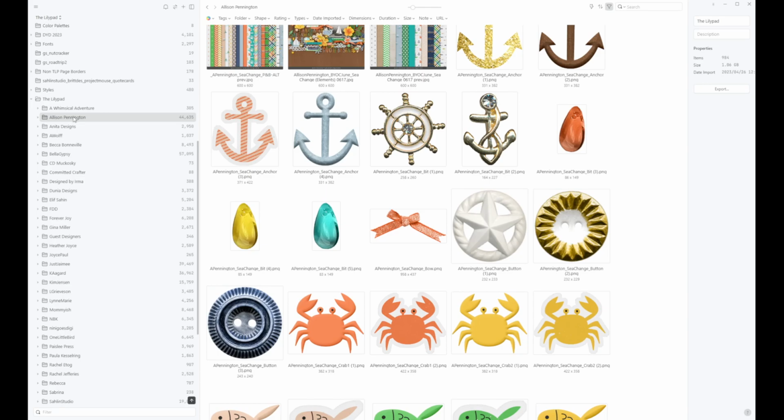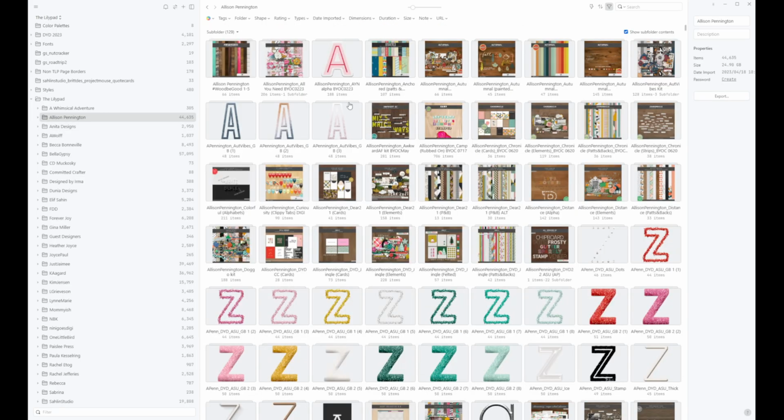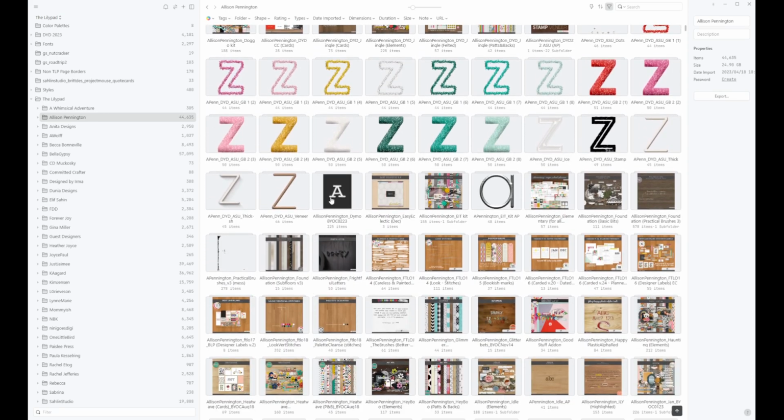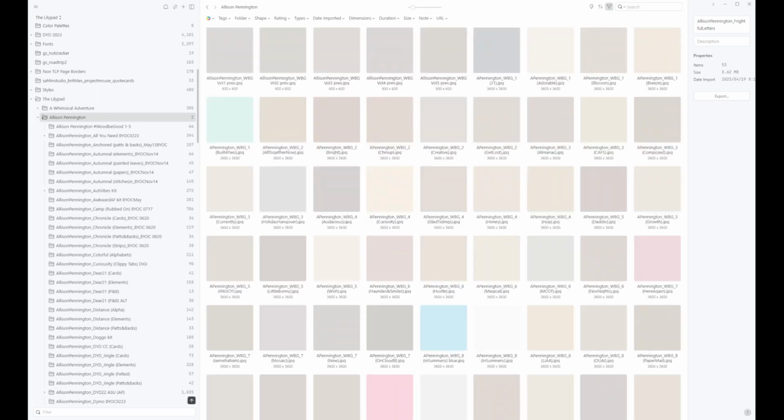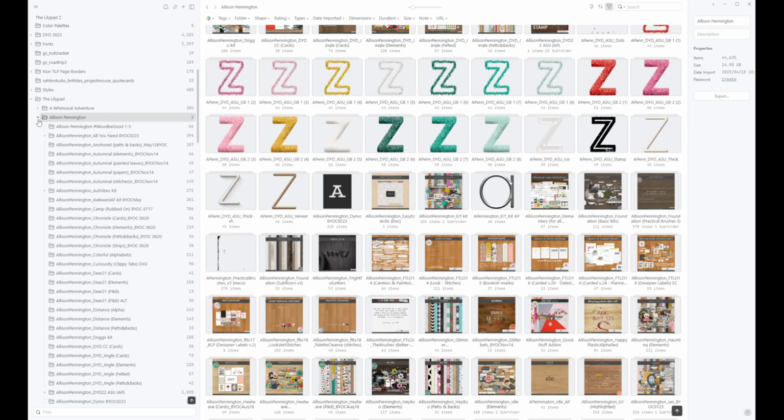Allison has a lot of really great alphas. So I know I can just click straight to her folder and I can start browsing through her alphas and see which one it is that appeals to me. Or I may remember that she has a specific alpha, like I remember that she has this great one for a pop up black alpha. I know that's in Allison's. I can look there to go find it. That's why I keep